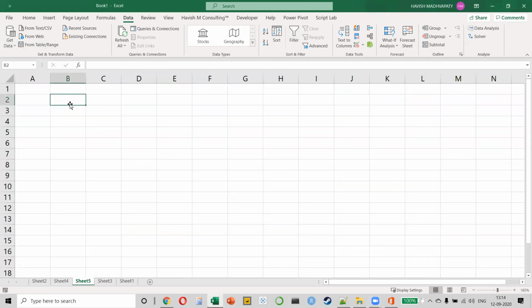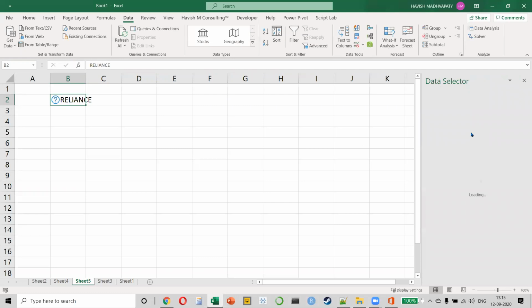Available. Watch this. I'll show you. Hold on. Give me the name of a listed company. I'll take Reliance. No, which Reliance? There are so many Reliances, no? So I just connect it to a stock data type. Go to data and stocks, okay? So the first thing I'm doing is I'm converting Reliance into a stock data type.